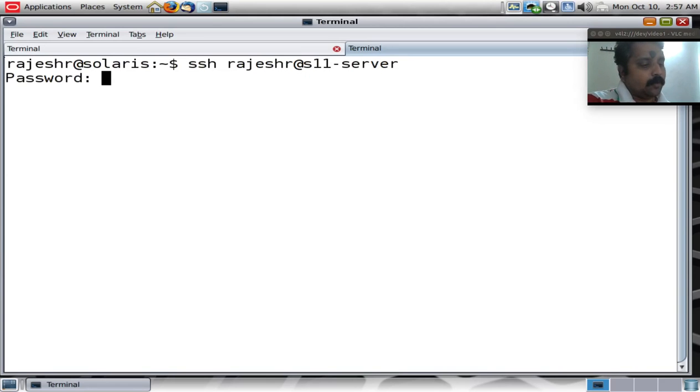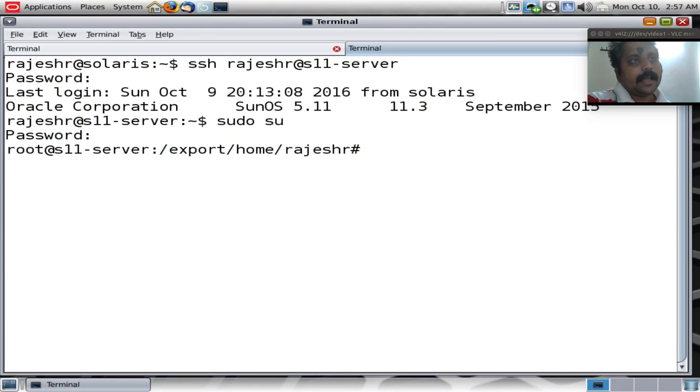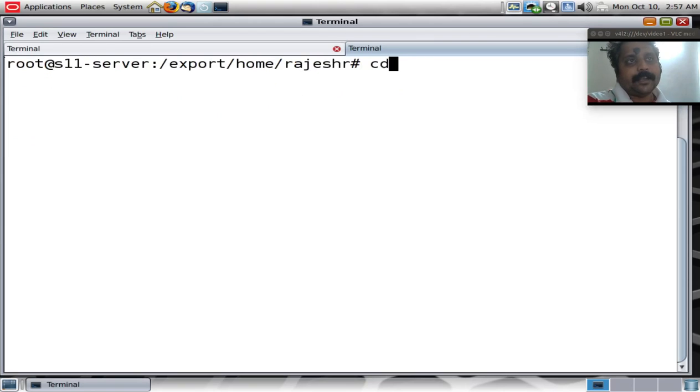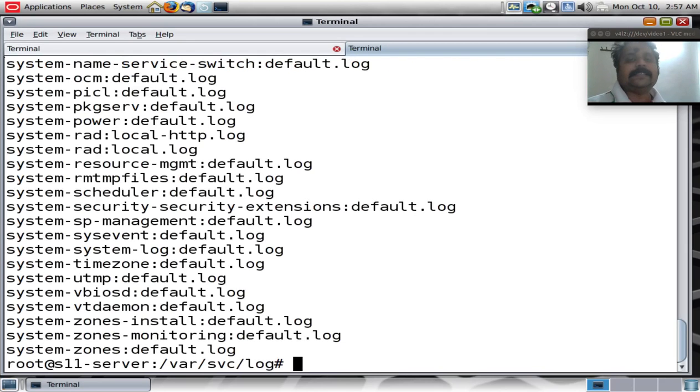We'll have one more session opened on our terminal. We will su to root, and then we will go to a specific directory called /var/svc/log. Now this is a directory that has one log file each for the service that exists in Solaris 11.